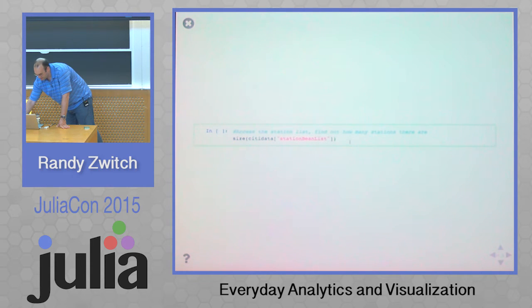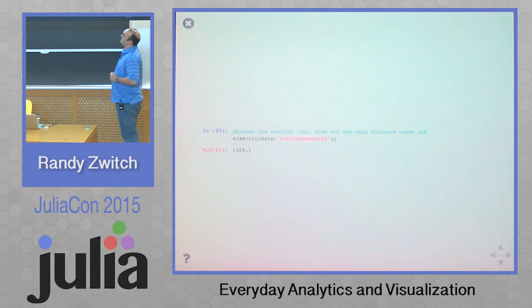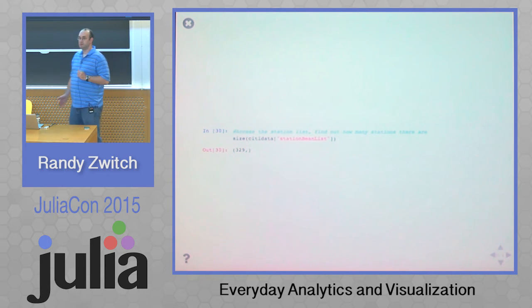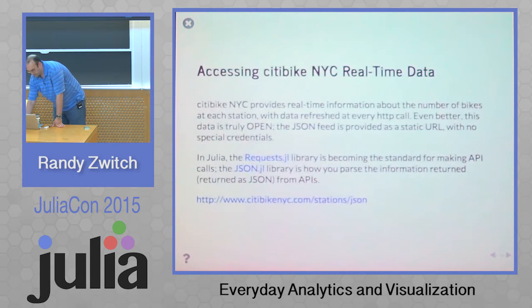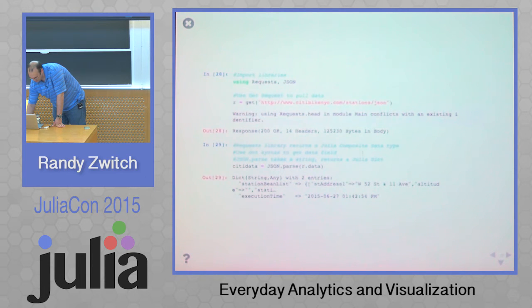So if we want to find out how many stations there are, we can again use the size function. So there's 329. The dict was created out of the JSON. Is it like from a JavaScript object? Yeah, so if I go control...